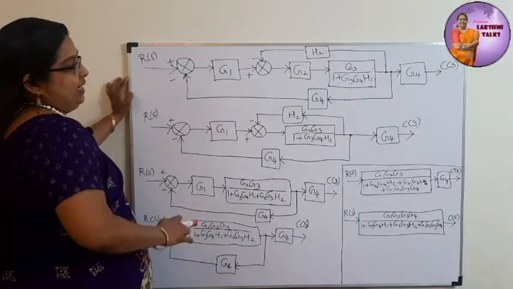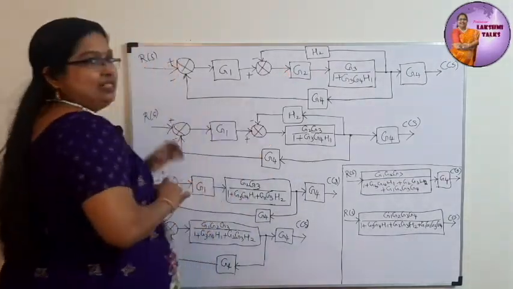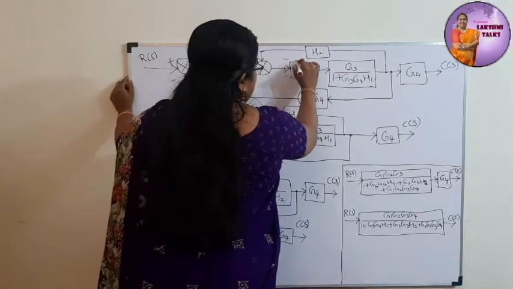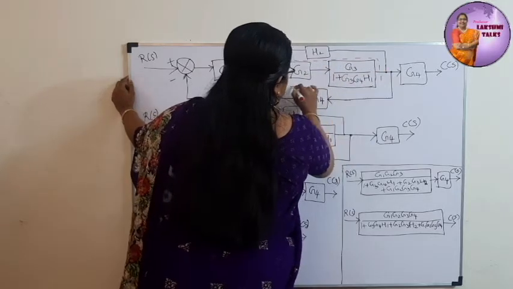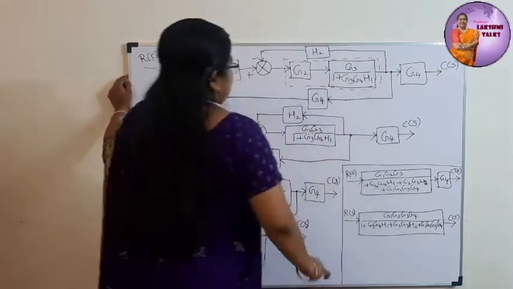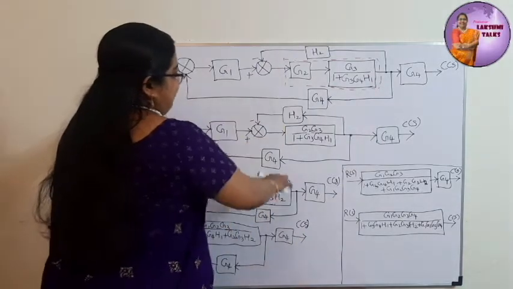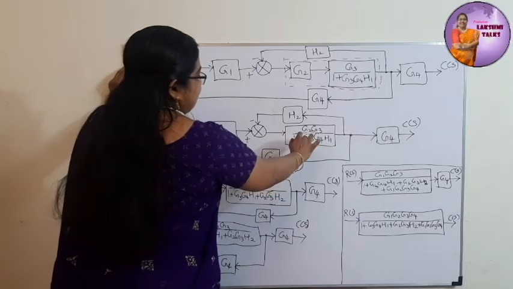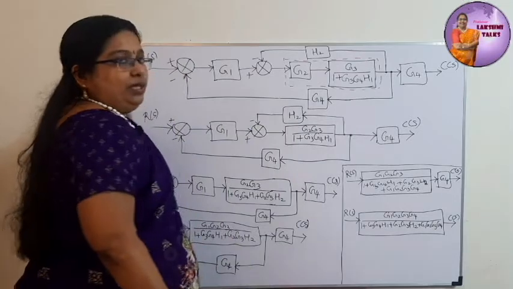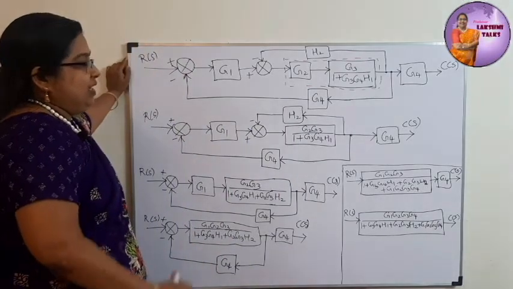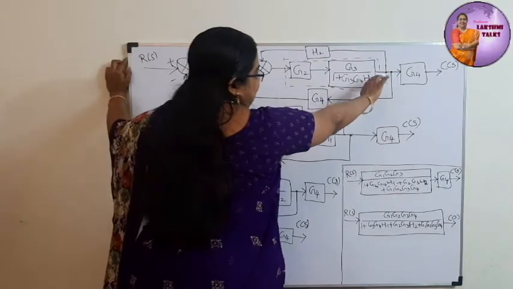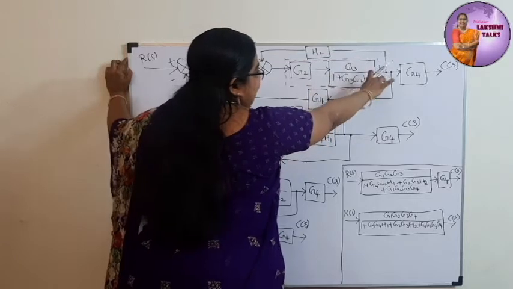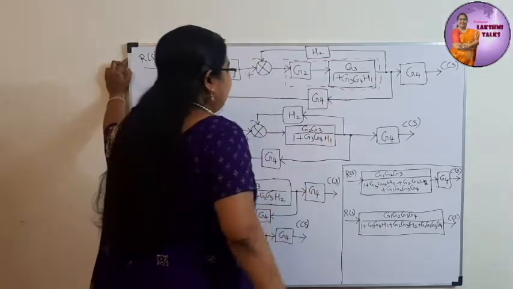So it is G3 divided by 1 plus G3 G4 H1. Now we can see that we have two blocks in series, right? Taking these two blocks in series, we know that they have to be multiplied. We have got G2 G3 divided by 1 plus G3 G4 H1. We had 3 takeoff paths from here. One takeoff path was a simple feedback that has been reduced, and now we have 2 more, which are given here.